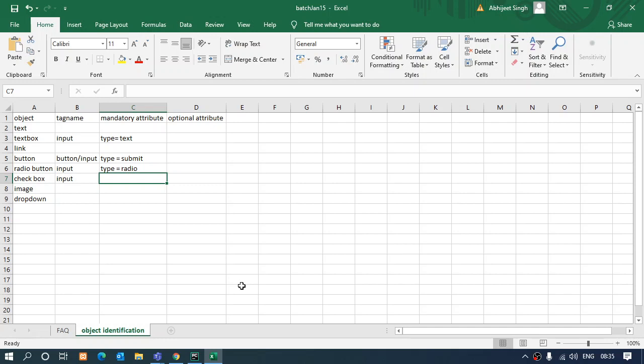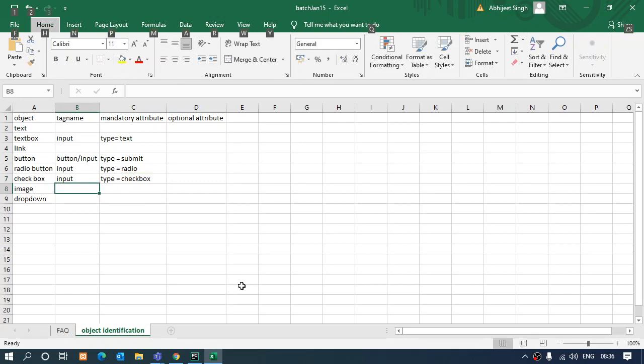Yes, there can be. But right now what we are concerned about is identifying different elements. Because till now we have encountered three elements which have the same tag name, input. How to differentiate them? By using the mandatory attribute. Right. If we have multiple input tags for the checkbox as well, that I can identify using the optional attribute as well. That's not an issue. But I should know it's a checkbox. Right. So, what's the mandatory attribute for checkbox? It is checkbox.